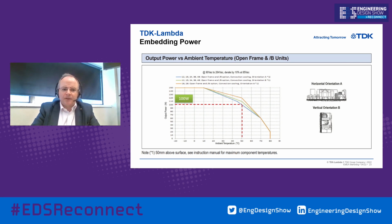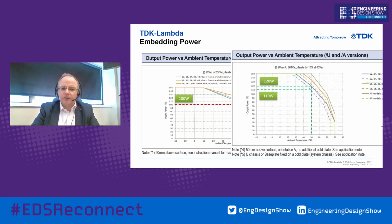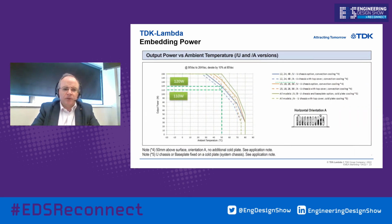Now, let's have a quick look at the derating curve for the same power supply fitted with a U-channel or a U-channel with a top cover. Again, this is represented by the blue curve. The solid blue line is a power supply fitted with the U-channel, and the dashed blue line is a power supply fitted with the U-channel and the top cover. As you can see, by adding the U-channel, you can actually increase the power rating, in this case by 20%